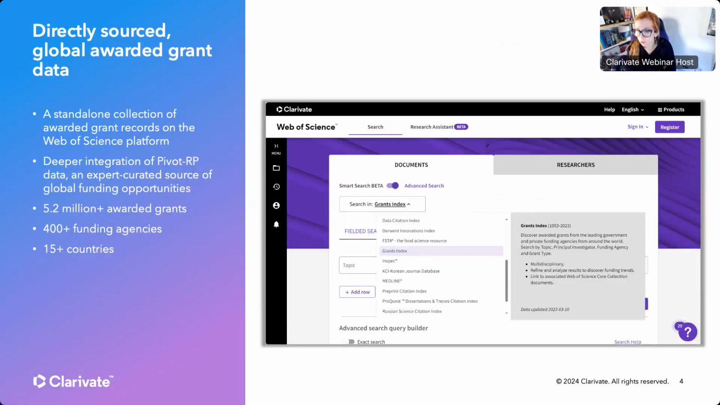So before we go live, let's take a little peek at how the information is organized, and also what type of metadata you're looking at, how many records. It's a standalone collection. So standalone, you're going to find it on a document, and it's called the Grant Index. As you see, it goes back to 1953. It's multidisciplinary too, which is why I was just highlighting it just now,